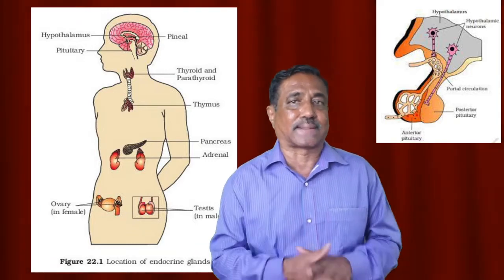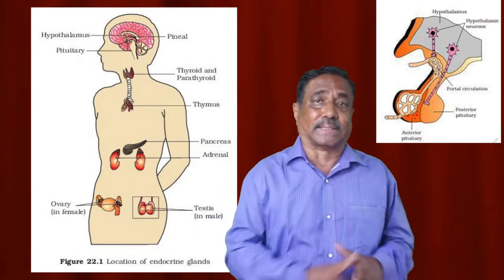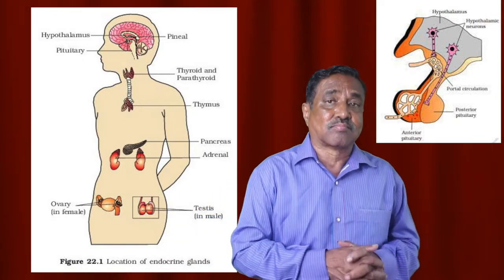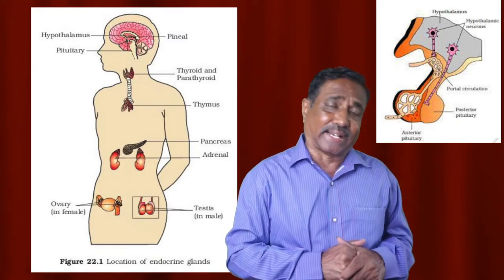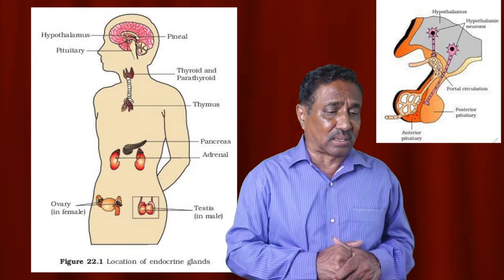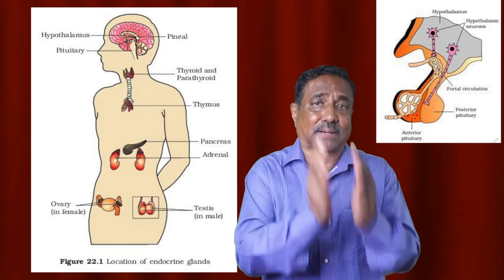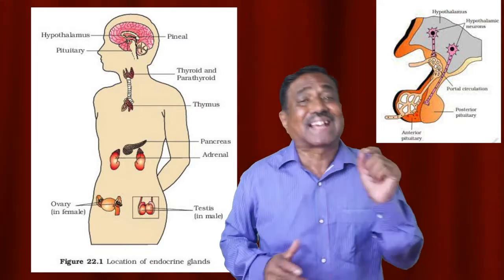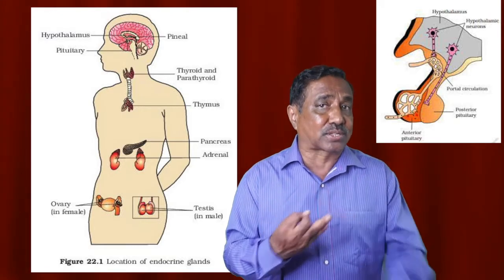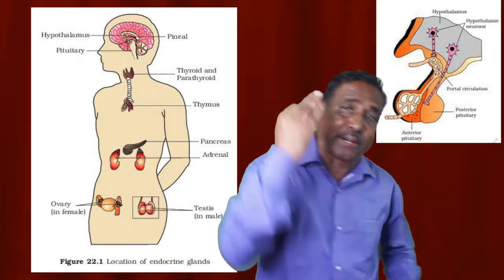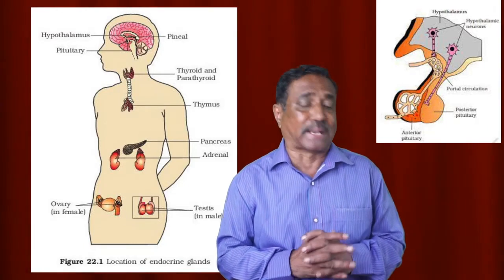These are the various hormones secreted in the posterior lobe as well as the complete pituitary gland. And coming to the pineal body, this pineal gland is located at the dorsal side of the forebrain and secretes melatonin, which controls the sleep-wake cycle, menstrual cycle, pigmentation and temperature. Those are very important functions of this pineal gland.